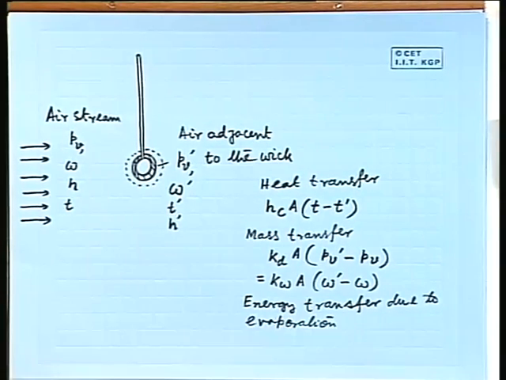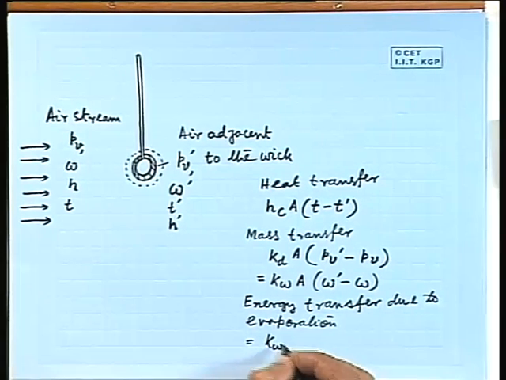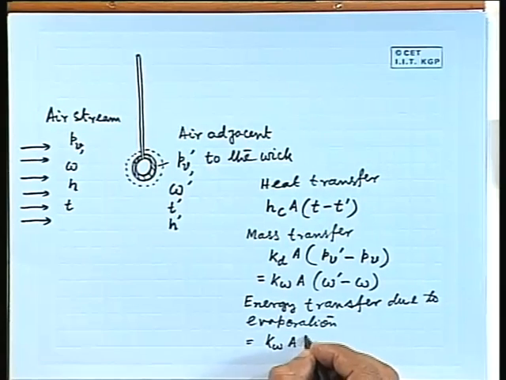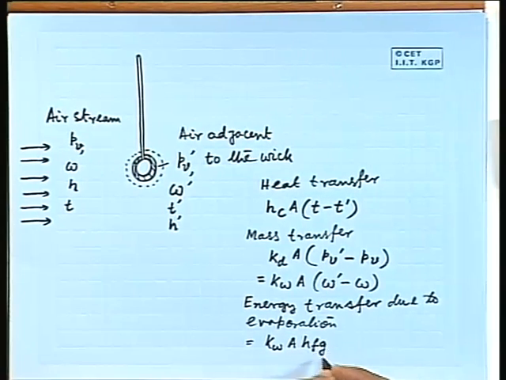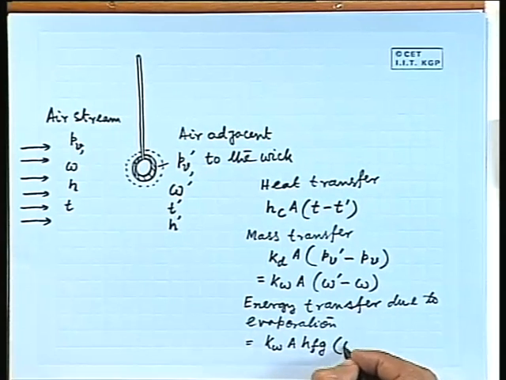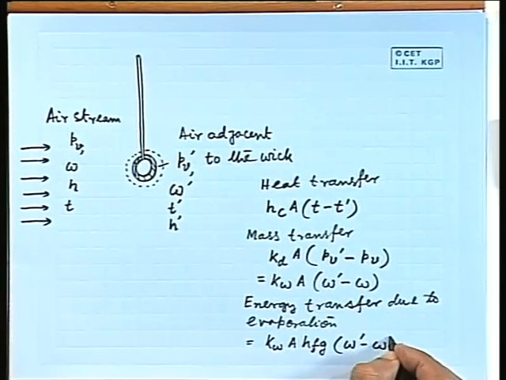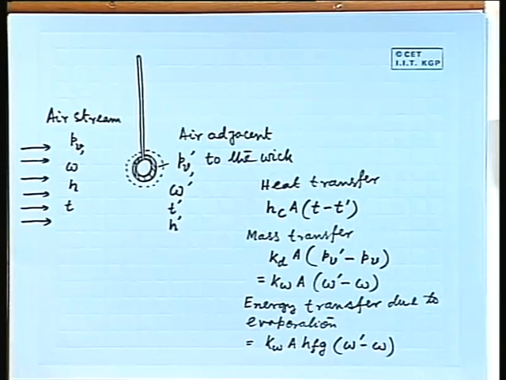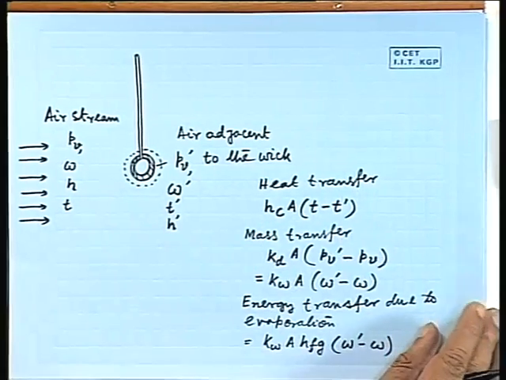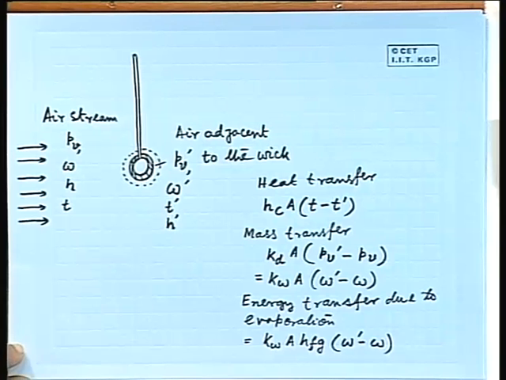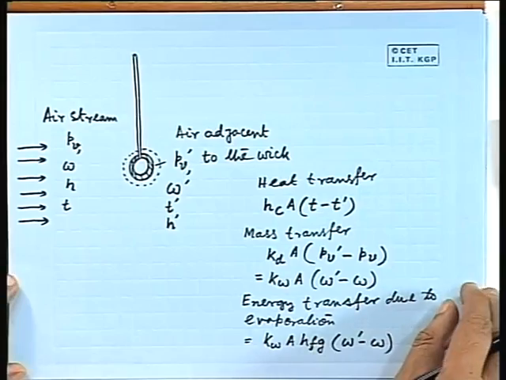Energy transfer due to evaporation. So, what I can write is K_W A into h_fg, this is the latent heat of evaporation, and W dashed minus W. So, now I can equate energy transfer due to transport of heat and energy transfer due to evaporation. So, if I equate, I will have